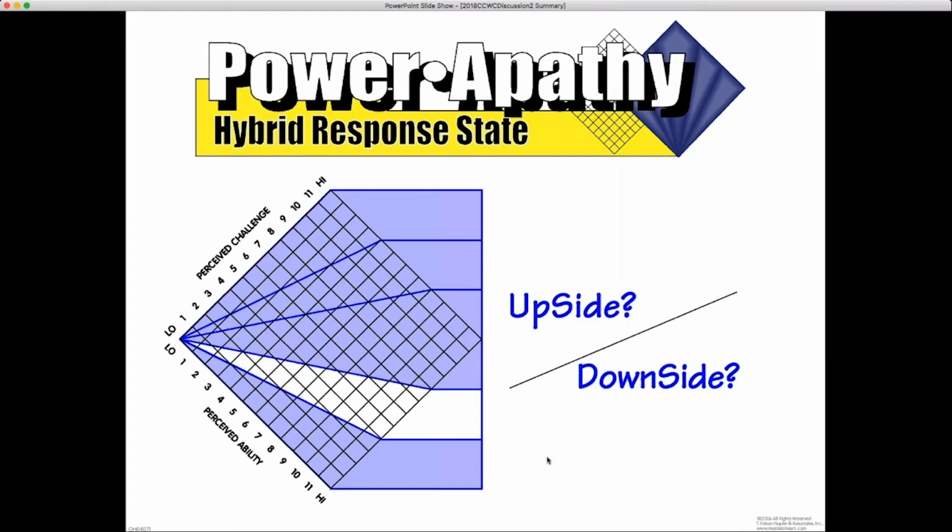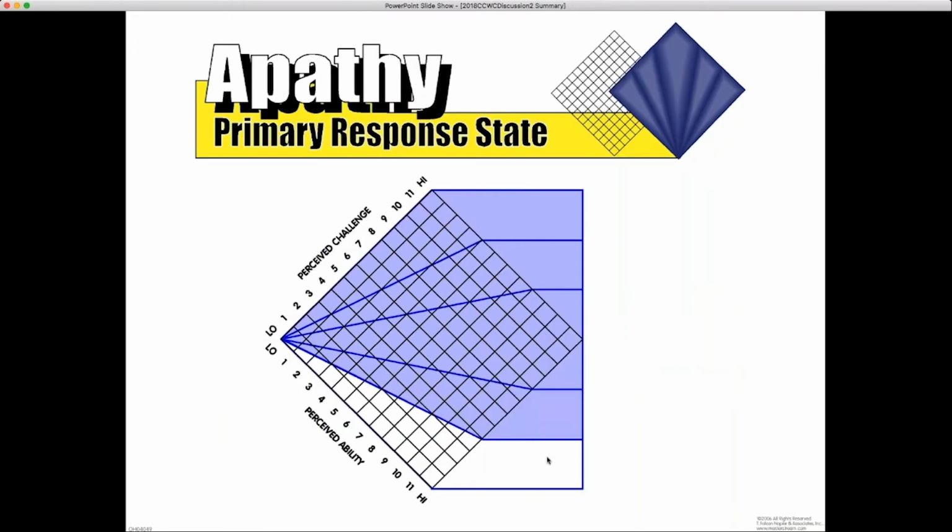Absolutely. Okay, cool. Let's talk about an even lower level of tension. And this one can be somewhat controversial, even because of its name. So we'll get into it. It's called apathy.